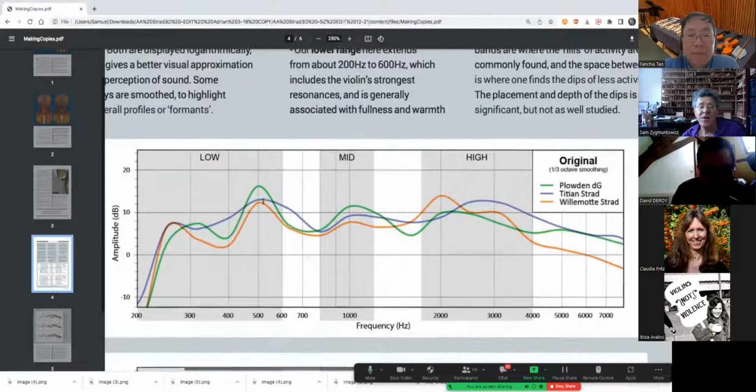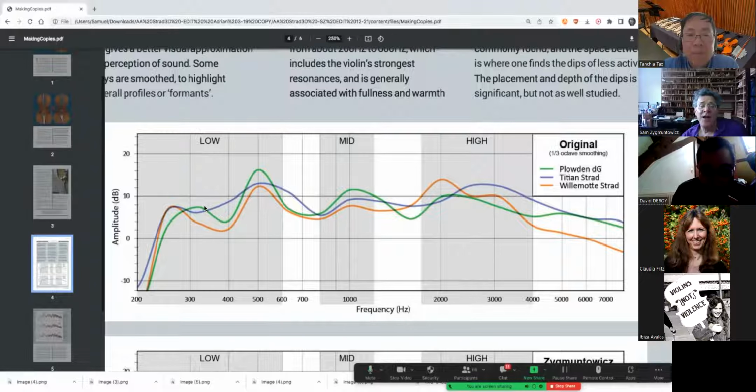Is that appearing to you? So the Plowden: full with a touch of reediness that gives presence to the sound. I'm going to be a bouncing ball here. Let's do the Wilmot: refined and perfumey, yet robust and carrying in a hall. The Titian: focused across its spectra. Aristocratic. I don't know where aristocratic really lies, but